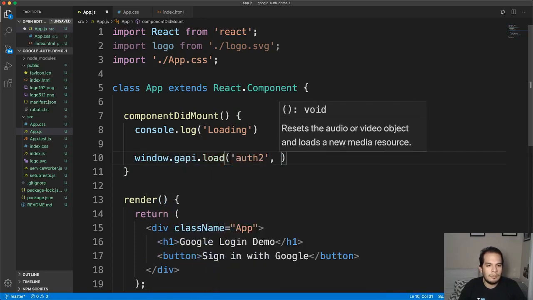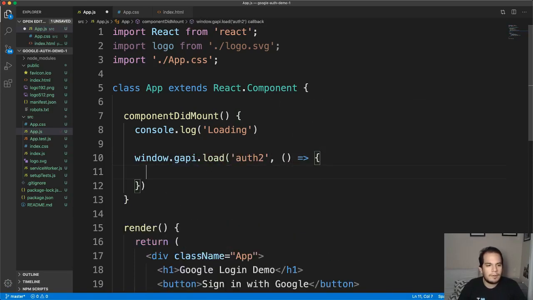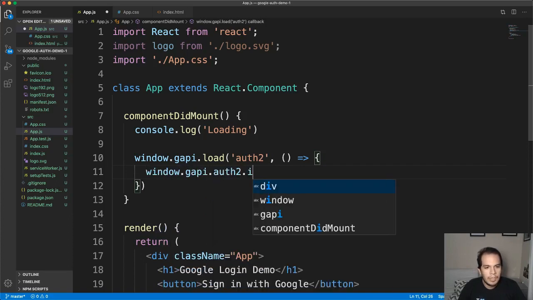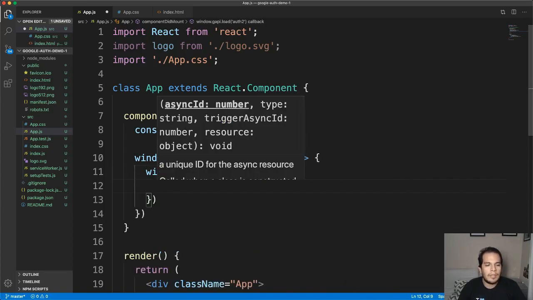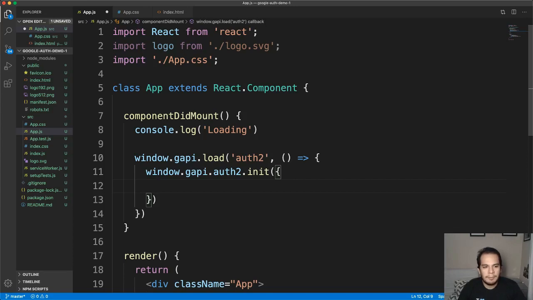window.gapi.load auth2 is the first thing that has to be loaded. What this effectively does is it gives us access to window.gapi.auth2.init, where we can actually initialize the authentication piece. So that's going to accept a parameter called client_id, and this is going to be the value of the